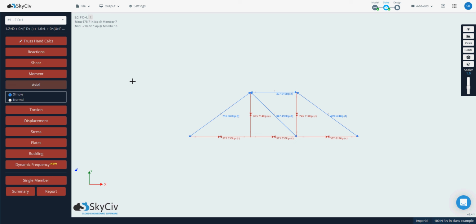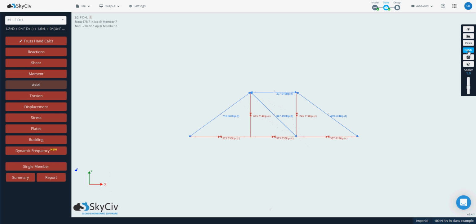So I wish it would map these out, meaning that it would give me a thicker line here where I've got 716 versus 327, but it's pretty clear what the various forces are. Actually, nope, that's not going to do it for me. Scale, let's see if this will. Nope, it doesn't do it. I was hoping it would actually map these out and make them bigger, but it does not. But we can go through these. We can click on these,